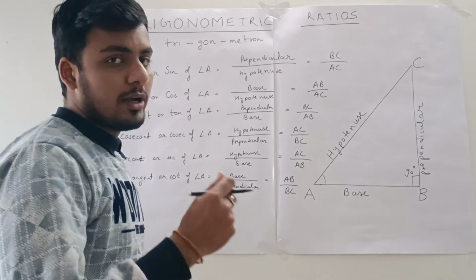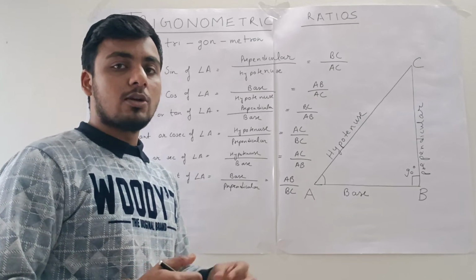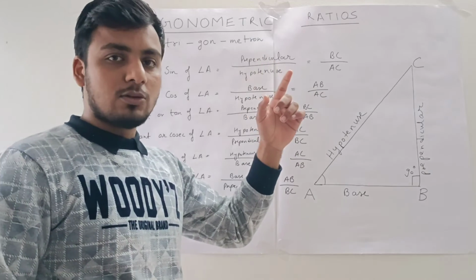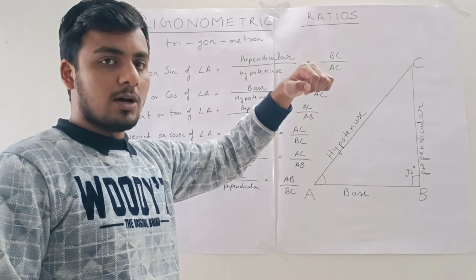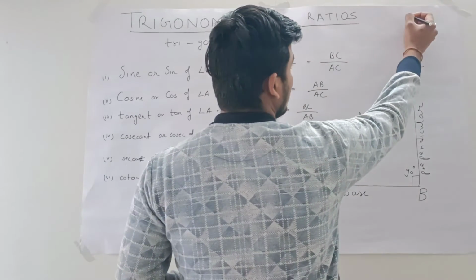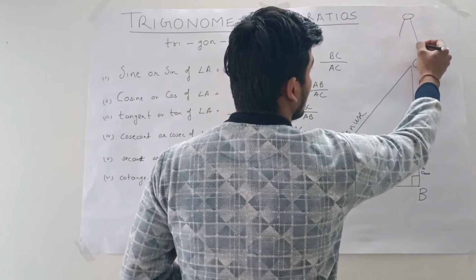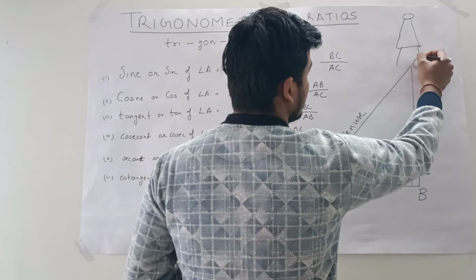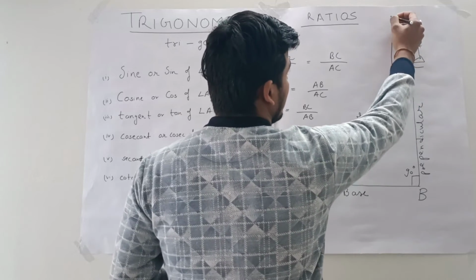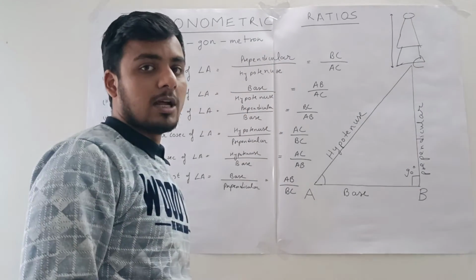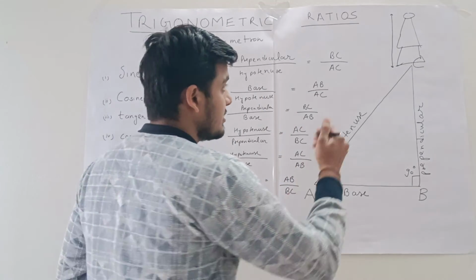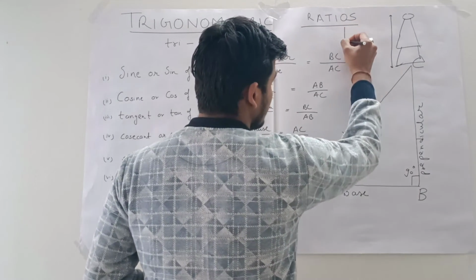Let's say you are going to Qutub Minar and you want to calculate the height of the Qutub Minar. So you have two ways. First, go to the top of the Qutub Minar and drop a rock down and calculate the length of that rock. Let's say that is the Qutub Minar. It has a shape something like that, and if you drop down the rock, you can easily calculate the height, but that's so tricky.